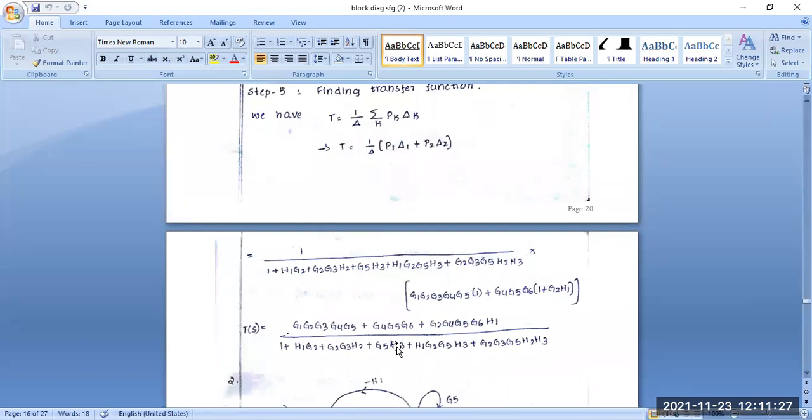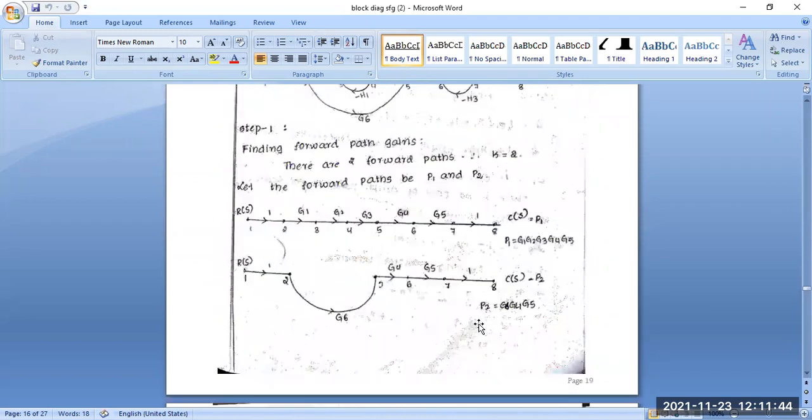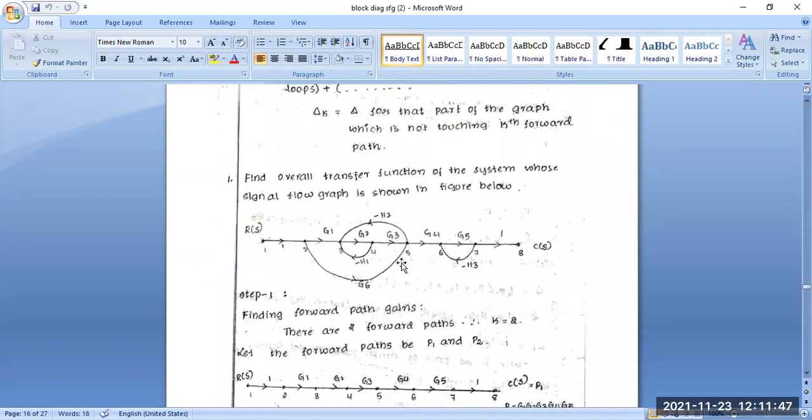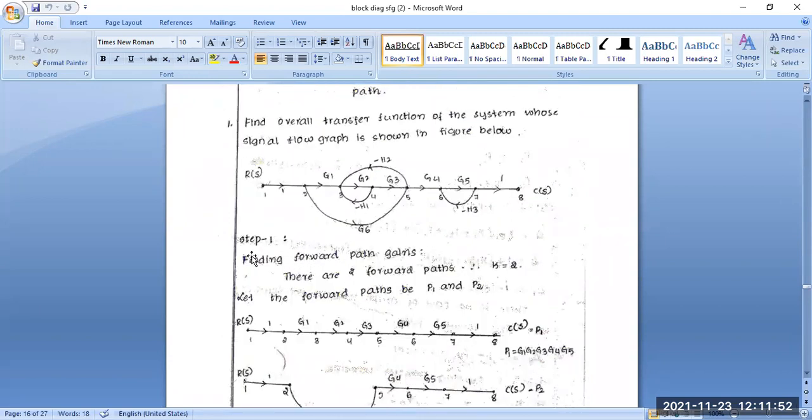So if anyone has any doubts, please ask me, because we have to cover one important problem which covers the overall rules or algebra of the signal flow graph method. So I am just recalling them because we have to remember one thing. You have been given these problems, you have to solve for the overall transfer function from the given signal flow graph method. So first you have to find the forward path gains in this diagram. First forward path, and this is the next forward path. So we have to represent P1 and P2. What is the value of K? That is K equals 2. That means P1 and P2.